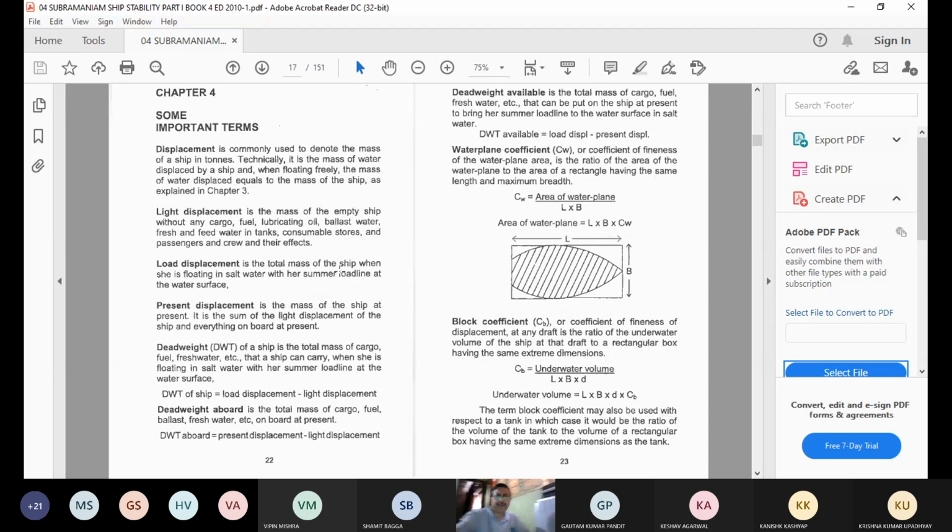Water plane coefficient. Okay. Now we are coming on to the coefficients. So a ship is made up of various coefficients. There are two coefficients in our syllabus in second maths. This is called area coefficient, also called water plane area coefficient, also called coefficient of water plane. So it is a ratio of